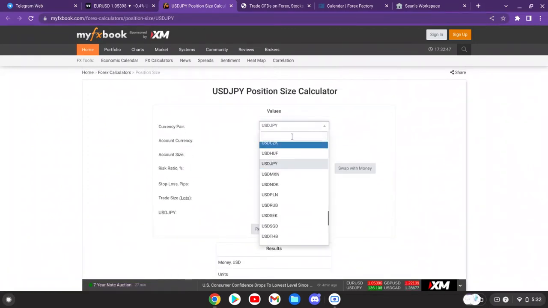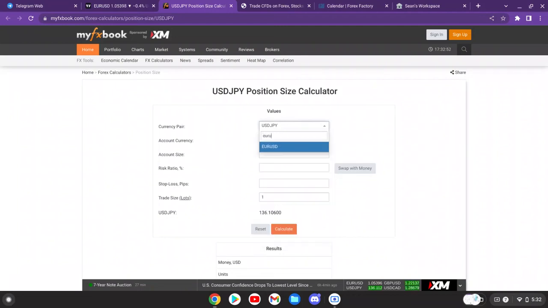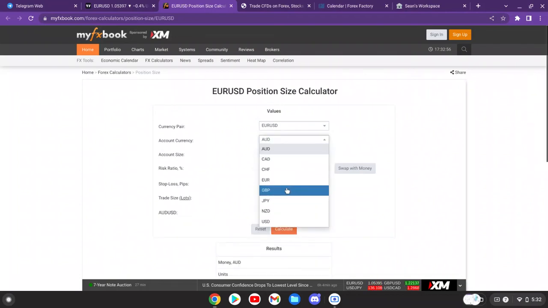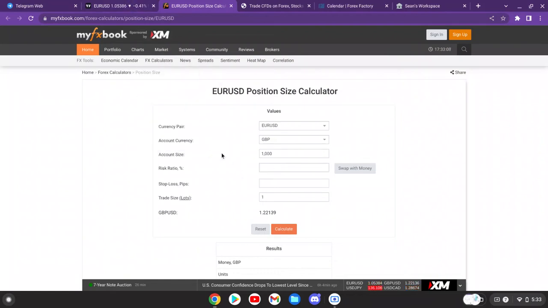So we know that we're placing a long position on EUR/USD, so we're going to put in EUR USD, and then my currency is the Great British Pound, and then account size, let's put, for example, 1000. Risk ratio, say if I want to split the risk on the trade because there was a point of interest below, so I'll say 0.5. As well, you don't want to be risking way more than 3% on a trade. That's maximum,